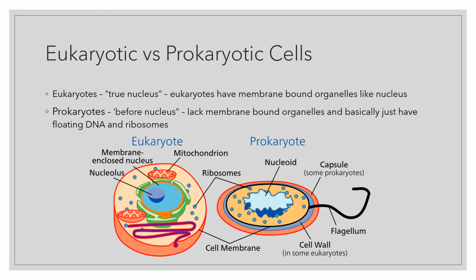However, prokaryotes are a little bit simpler, okay? Pro means before, karyote means nucleus, okay? And they lack membrane-bound organelles, so they basically just have DNA floating around and then some ribosomes. Ribosomes aren't membrane-bound, but those are the only things that are found within prokaryotes, just loose DNA called a nucleoid